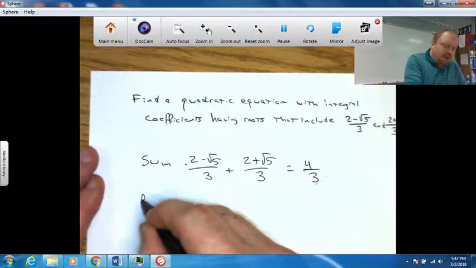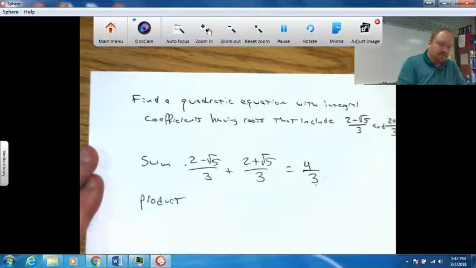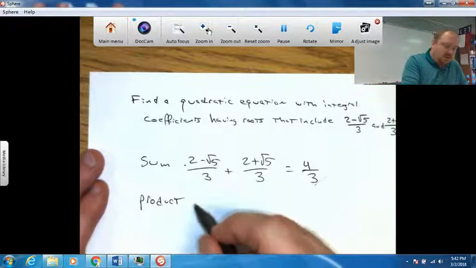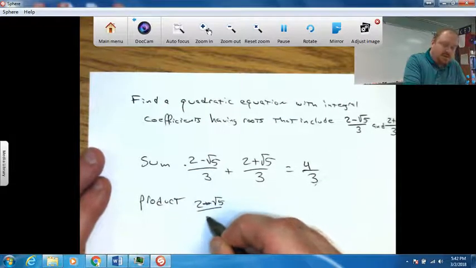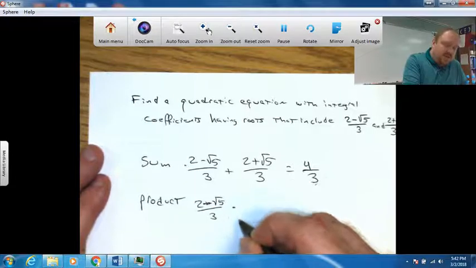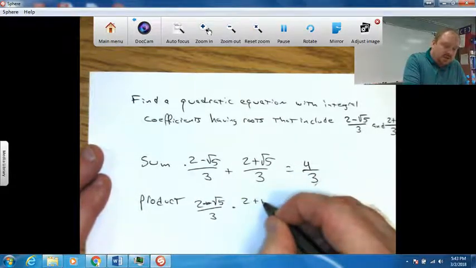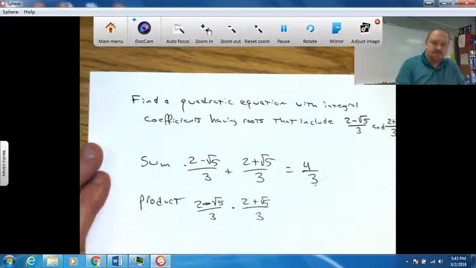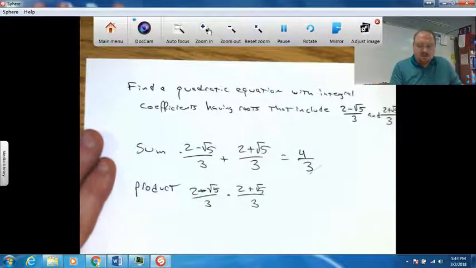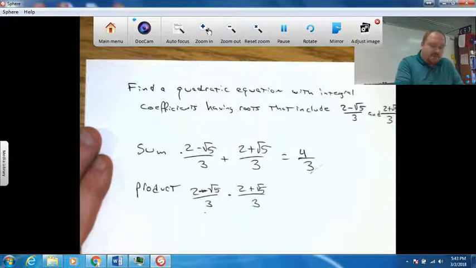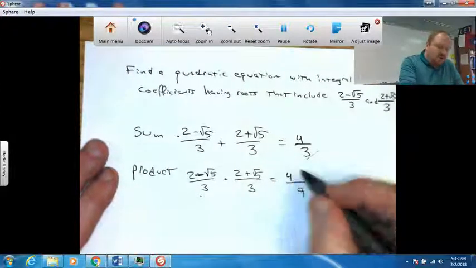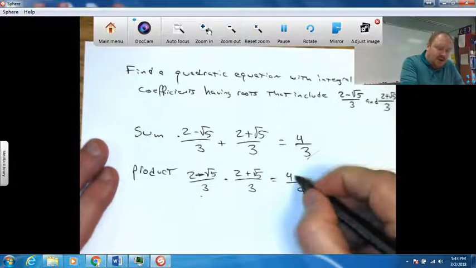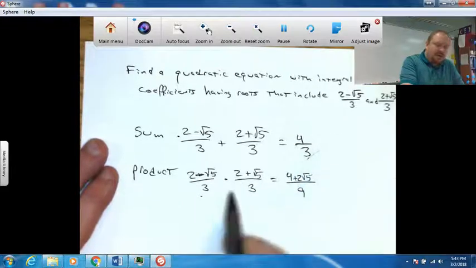Now time for the product. So 2 minus radical 5, times 2 plus radical 5. So I'm going to multiply 3 times 3 to get the denominator. That's 9. Now I'm going to FOIL this top out. 2 times 2 is 4. 2 times positive radical 5 is positive 2 radical 5. Negative radical 5